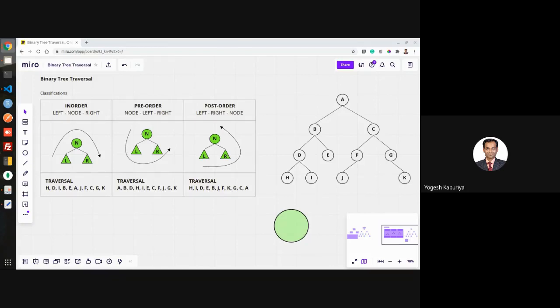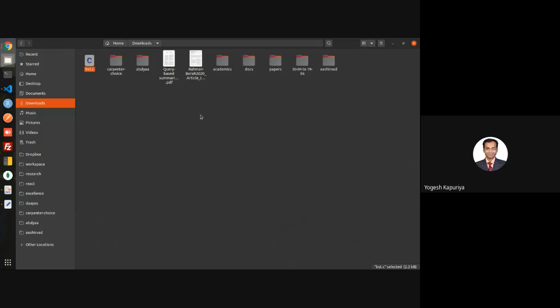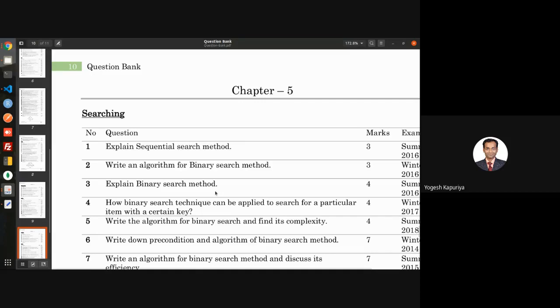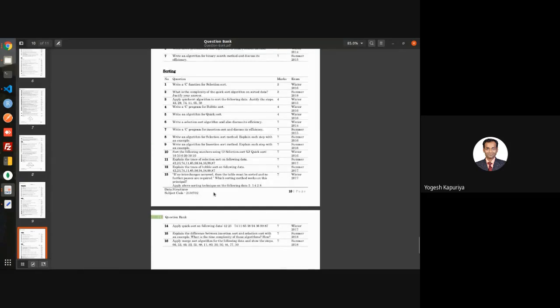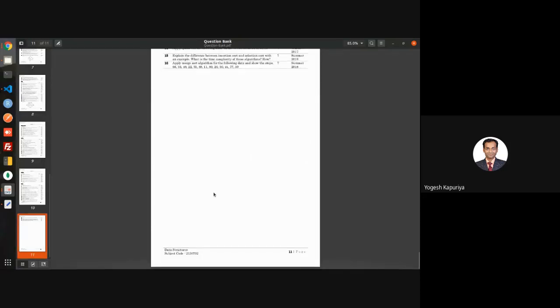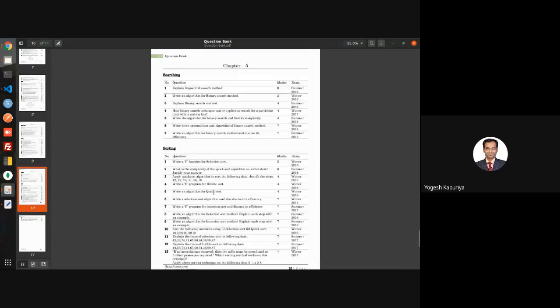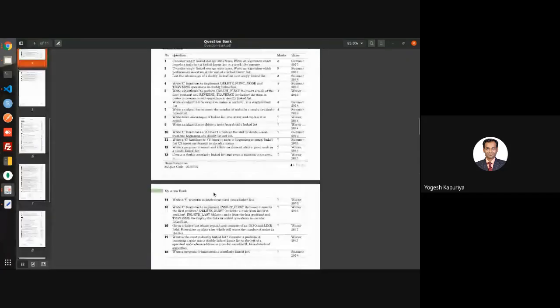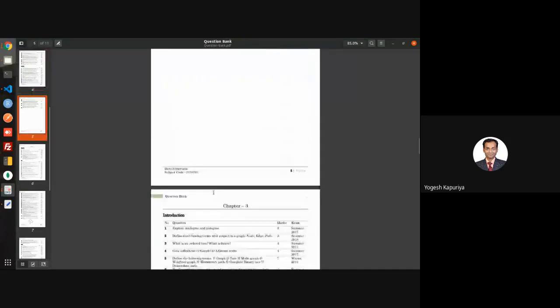If there are no doubts in this, then I will discuss one example of that reverse case. If you have any doubt, you can say. Otherwise, we will discuss one example in which you have been given traversals and we want to generate the tree from them. Okay, let me pick the question from the question bank itself.